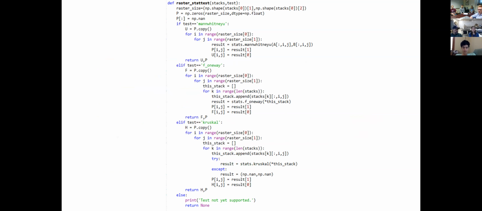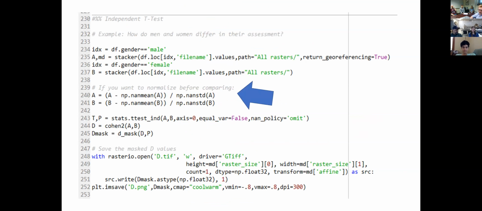A nice thing to do would be to extend these in the real SciPy routine. I don't really expect anyone here to do this, but last Christmas I was running into something where there was something that could have been done using SciPy, and I could write the code like this to make it work. But instead of doing that, I actually updated SciPy, so contributed to that, which was a good experience, being able to work on a common code instead of just solving my own problem. I could solve the problem for everybody. So it would be pretty cool to do this for all of these tests so that it could run just like the independent t-test, just say axis equals 0, and it would handle all of that looping internally.